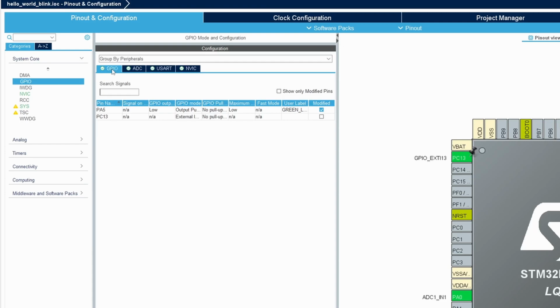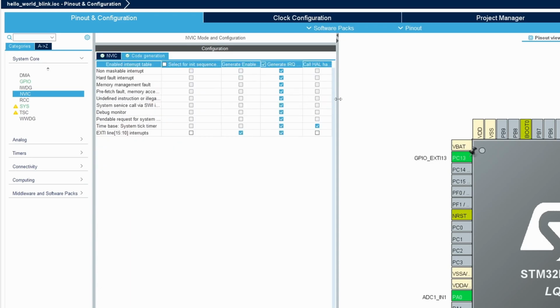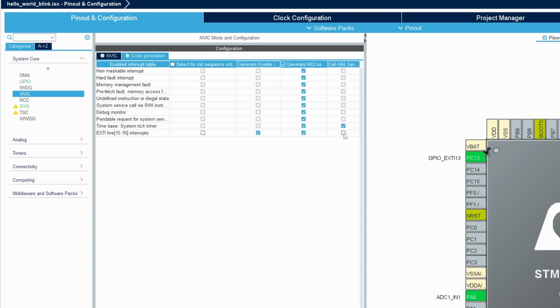And if we go back here, and if we go to the NVIC, and then hit this code generation bit, what we need to do is generate this first, and I'll explain why we need to do this in a minute, and then we'll come back and untick these. Maybe we just untick that one, I can't remember, but we'll untick a few of these, but we need them ticked for now. What we can also do is change this